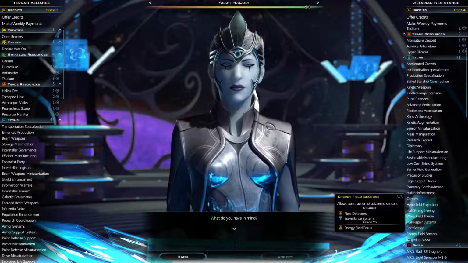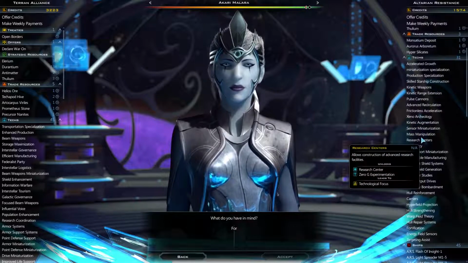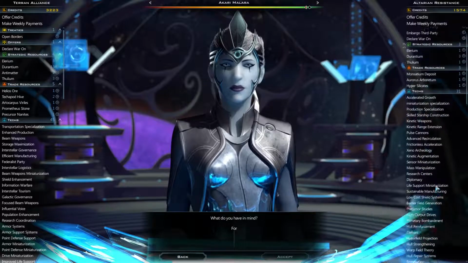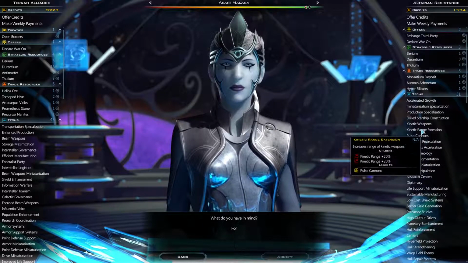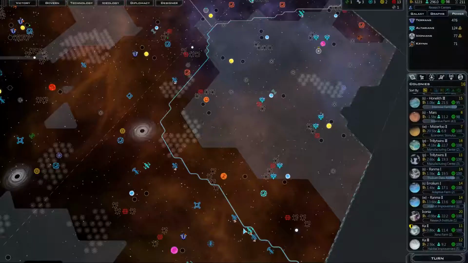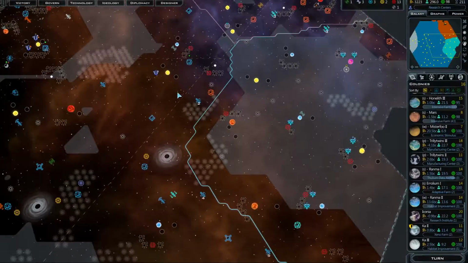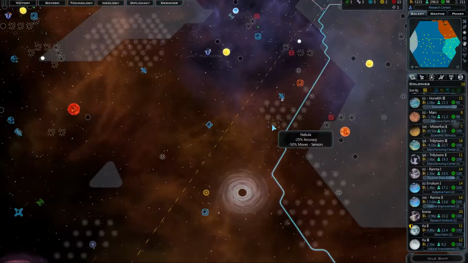They got the energy fields, targeting assist, hull repair, hull strength, carriers. They also got kinetic weapons. And they got mass manipulation, so they can fit more stuff, and so on. There's a couple pulse cannons, range extension. They really have a lot of weapons that we do not have, so I'm assuming that if we attack them now, it's gonna be a fight. It's not gonna be like we roll over them, but...